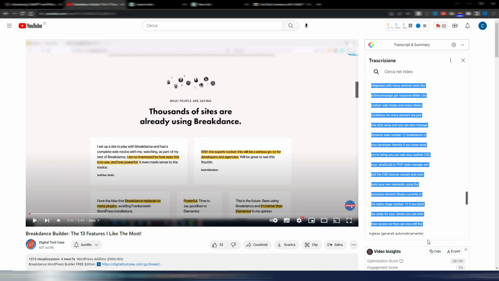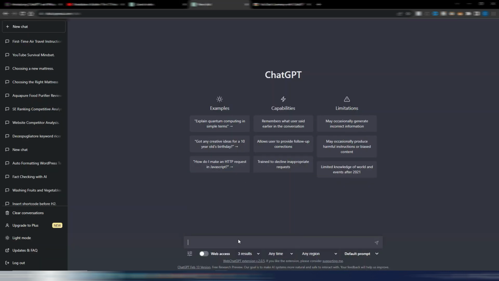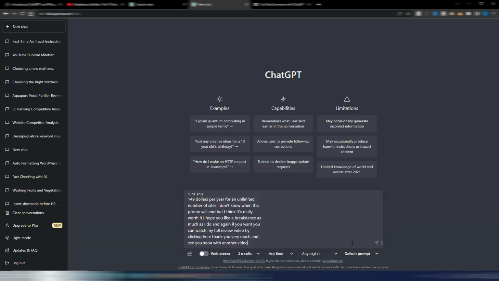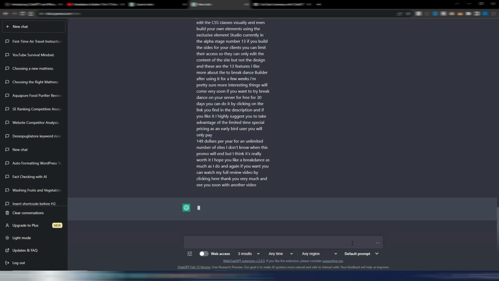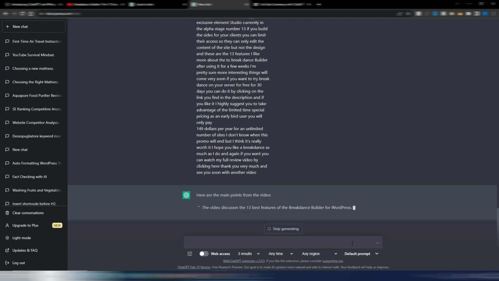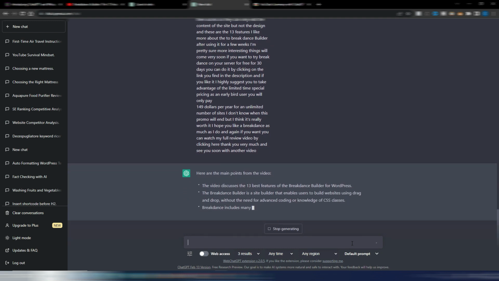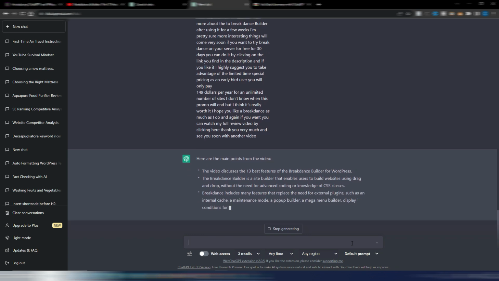You can copy the entire script and paste it in a new chat conversation, but here you first need to insert a command. In this example, summarize the following text in at least 10 bullet points with all the main information. You could also ask for the outline directly here, but I want to show you that you can do also something different. Here you need to copy your transcription and enter. You will have now at least 10 bullet points with all the important information in the transcription.